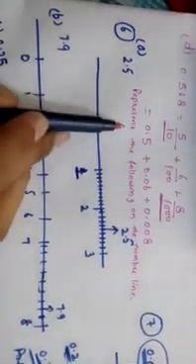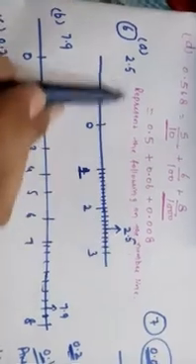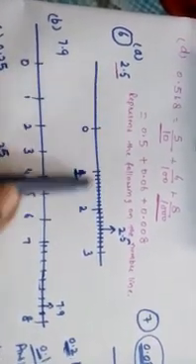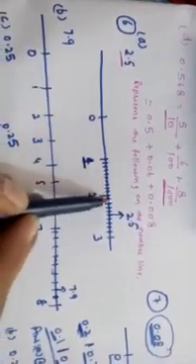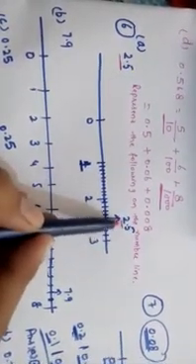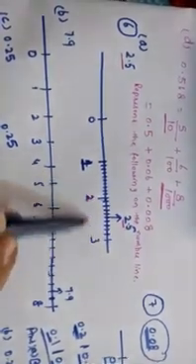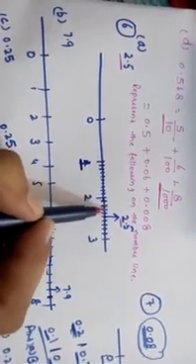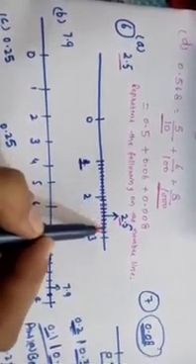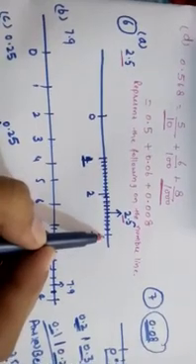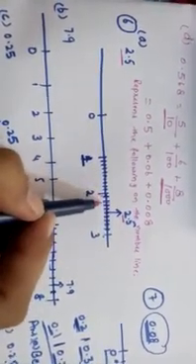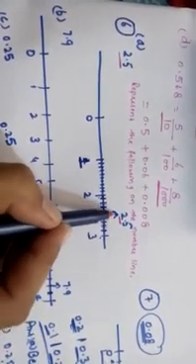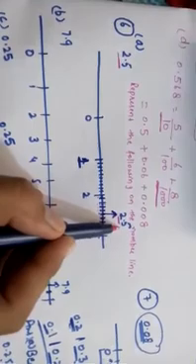Next, see the sixth question. Represent the following on the number line. We have to represent 2.5 on the number line. First of all, we will draw the number line 0, 1, 2, 3. Because 2.5 is there, we know this 2.5 is between 2 and 3. Then we will make 10 divisions between 2 and 3: 1, 2, 3, 4, 5, 6, 7, 8, 9, then 10, at 10 means 3 is there. This is 2.1, 2.2, 2.3, 2.4, 2.5. Here 2.5 came, so here we will put an arrow and write 2.5.